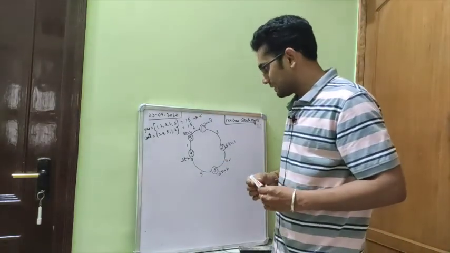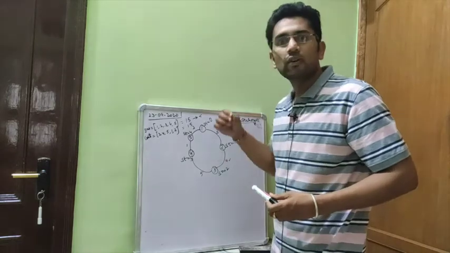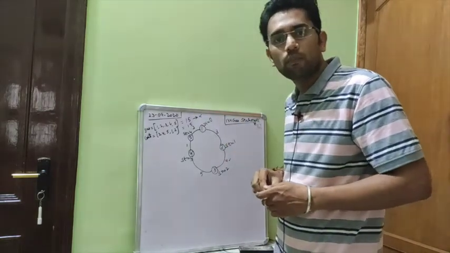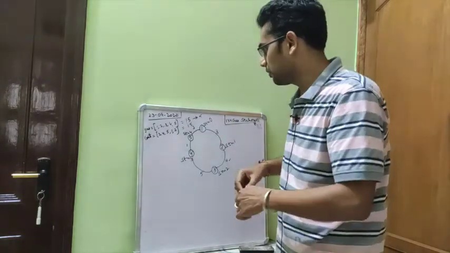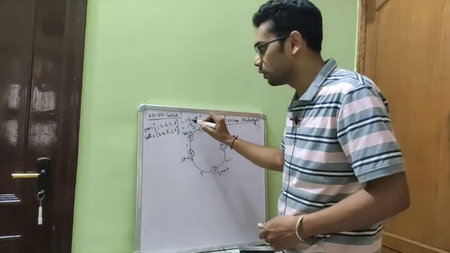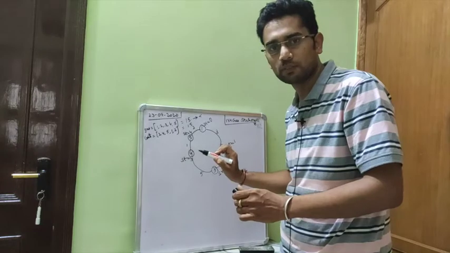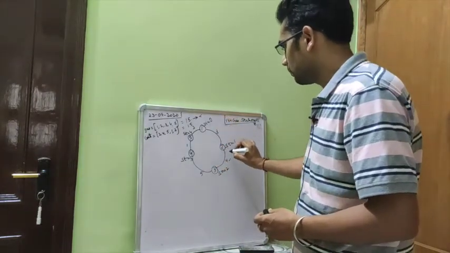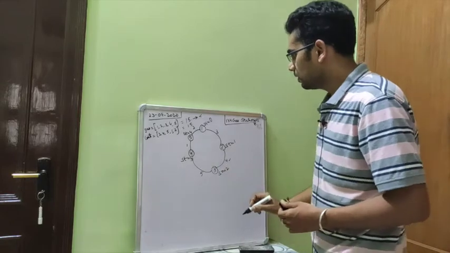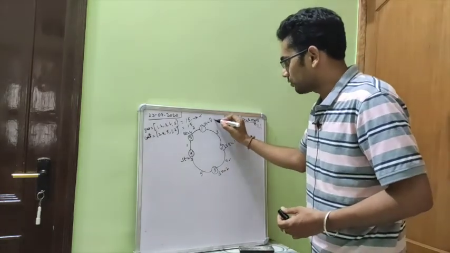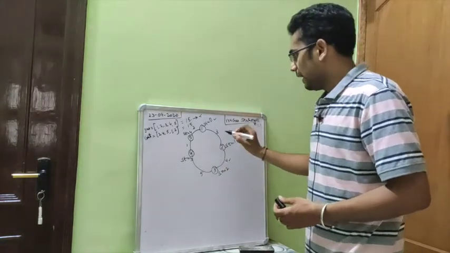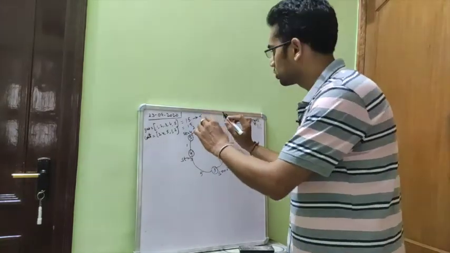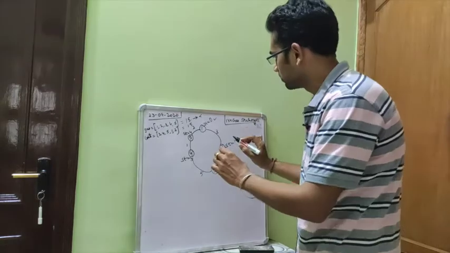In other cases, it will be possible to go through all the stations if we have this value greater than or equal to this total consumption cost. So let us first discuss example 1 that is given to us. In this case, let us try to start from station 0 and try to go through all the stations. Let us check if it is possible if we start from station 0.